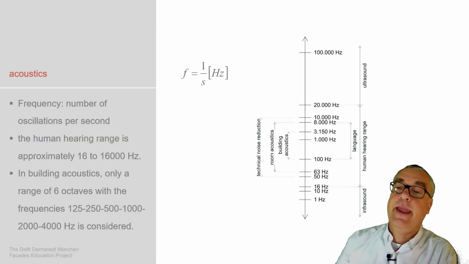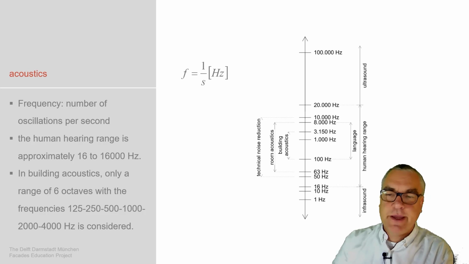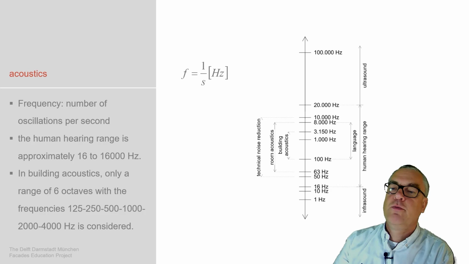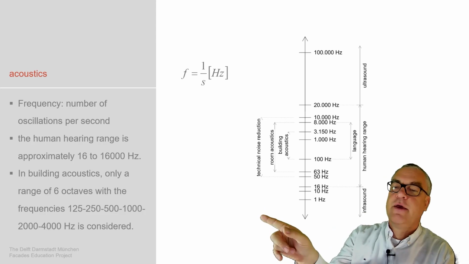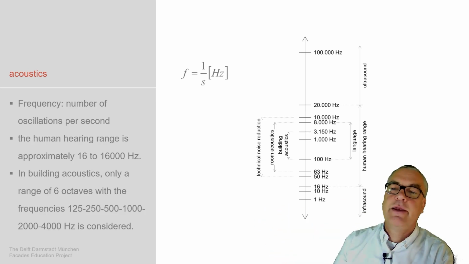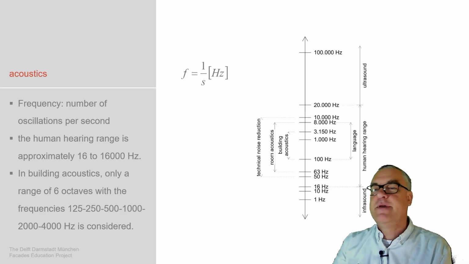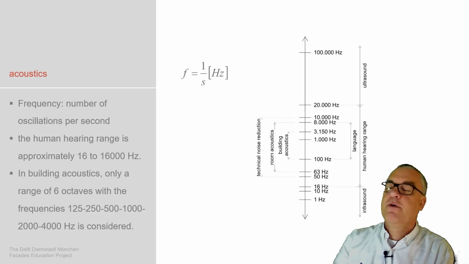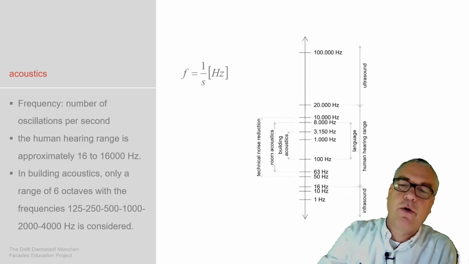Acoustics. Again, a huge formula. Frequency is the number of oscillations per second. We have a certain human range of frequency which we can hear, but in acoustics we actually define a quite limited frequency range which we technically use to deal with. And the main message is if there's an acoustic impact, it's an energy impact. And this energy impact is very limited by the energy which is confronting our structure.